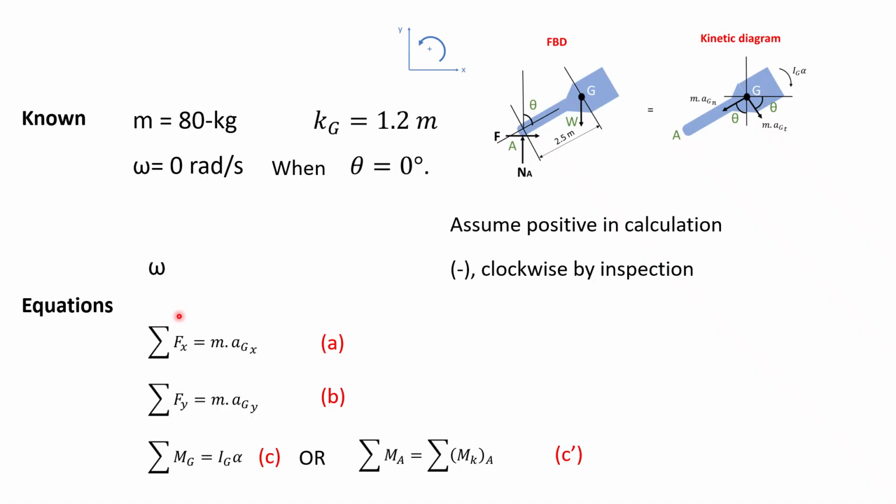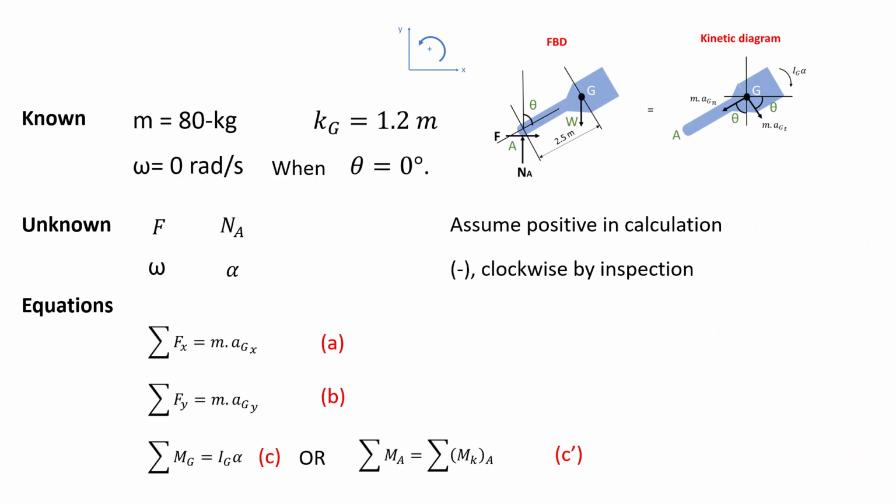So the values for the unknowns are going to be the friction force, the normal force, the omega, and the alpha, where theta is equal to 30 degrees. The equation is that the forces in the x direction are equal to the mass multiplied by the acceleration in that direction. The forces in the y direction are equal to the mass multiplied by the acceleration in the y